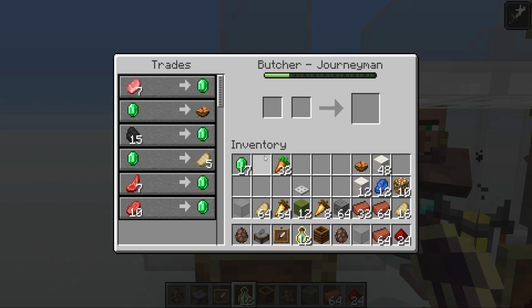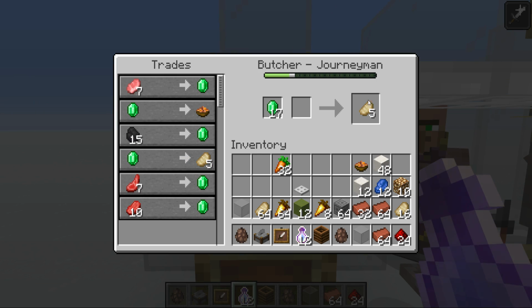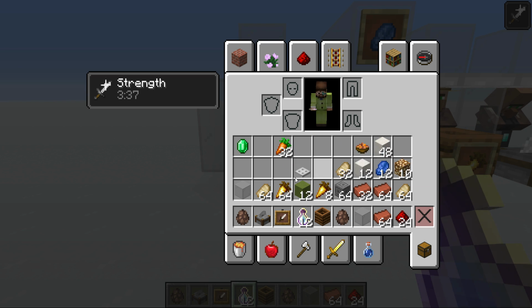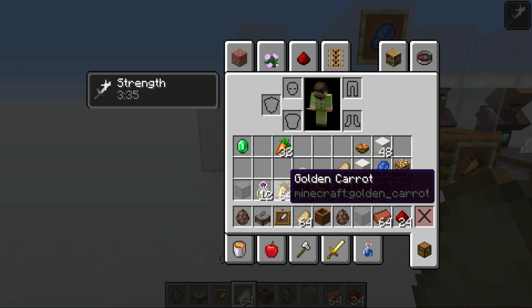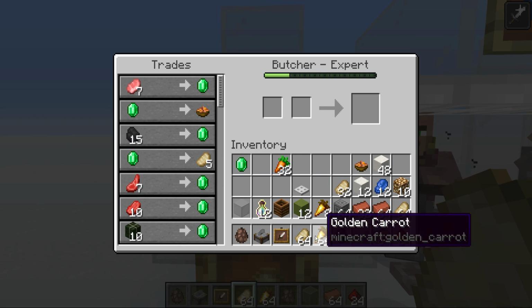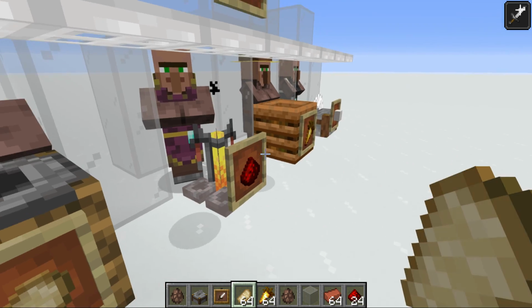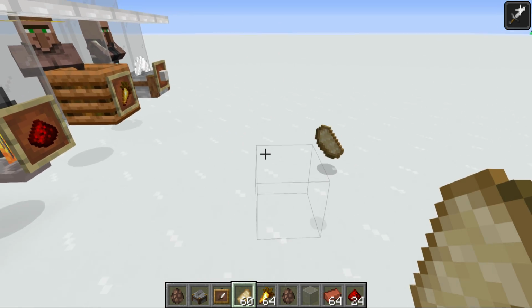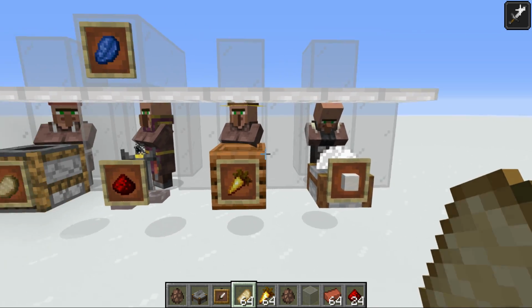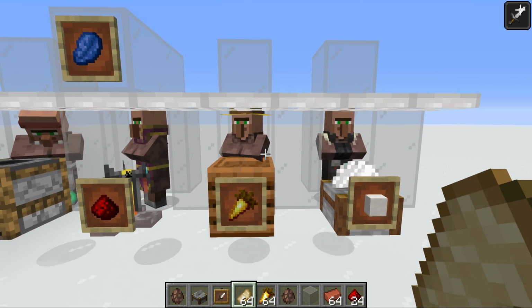Lastly, I found the butcher to have one sell that I'm interested in, and that is the cooked pork chop. I think this food is similar or almost as good as a golden carrot. I can't fully remember. I think it's different with saturation, but this could be a different food source that we could sell at Sahara, maybe a little bit cheaper. So these are the four villagers that I'm going to be aiming to get, and I'm going to aim to